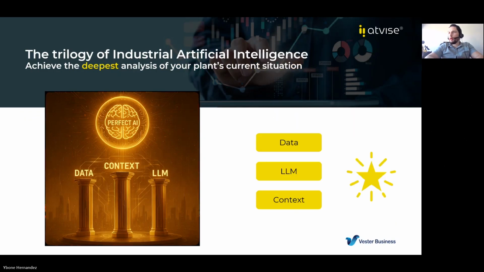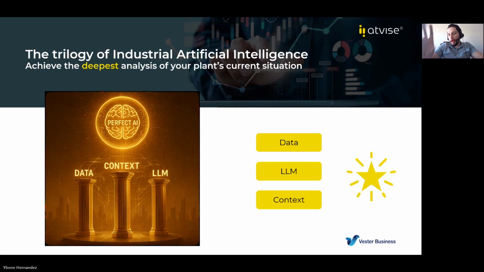The context. What is the context? Imagine that you have all your information and you provide that information to the AI. It could be, for example, pressure information about the machine. It could be temperature. It could be, for example, manufacturing efficiency. You provide all of that to the artificial intelligence. That's good. But does the artificial intelligence know about your machine, about your company goals, about the manuals of that machine?